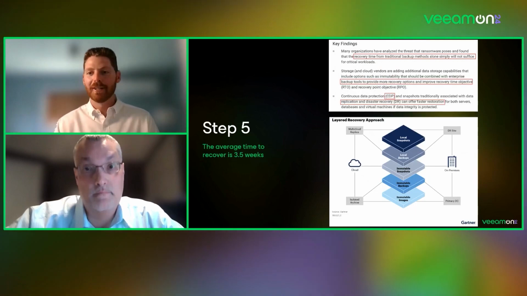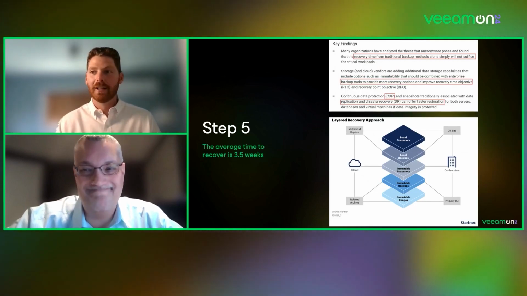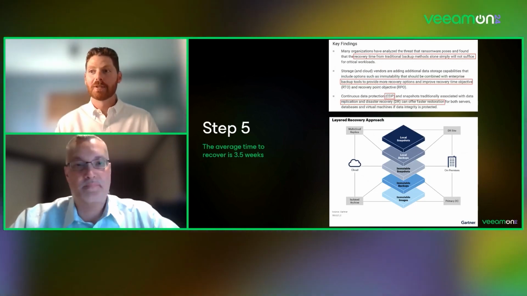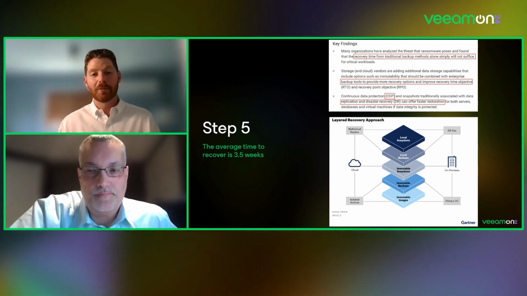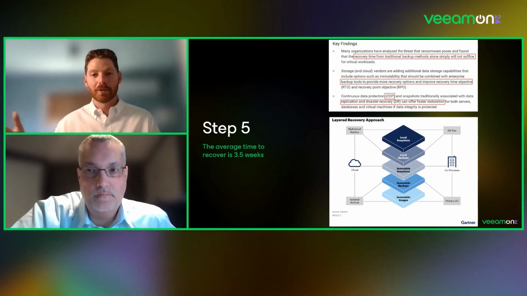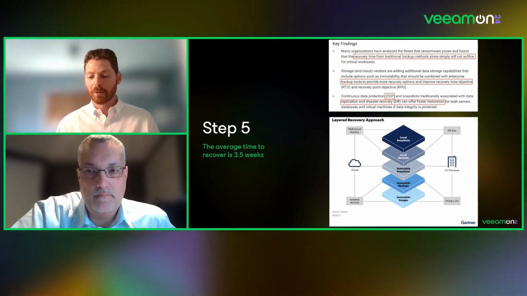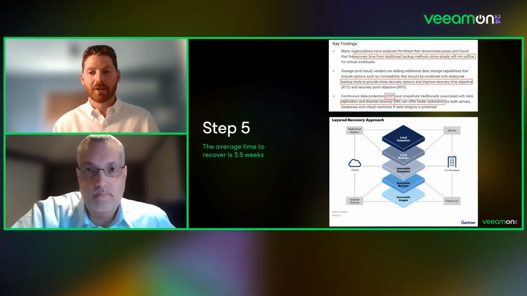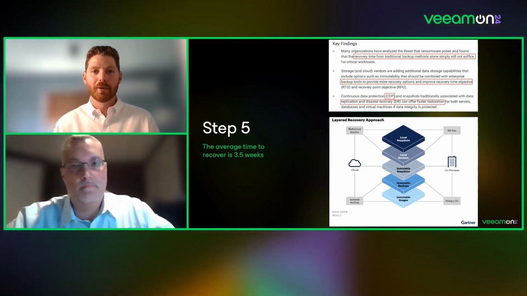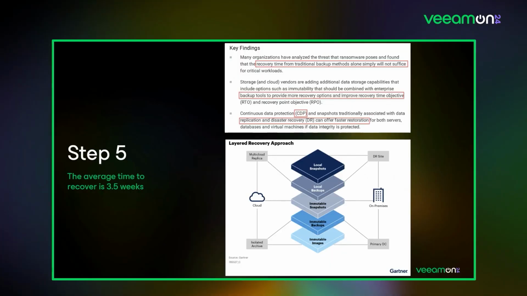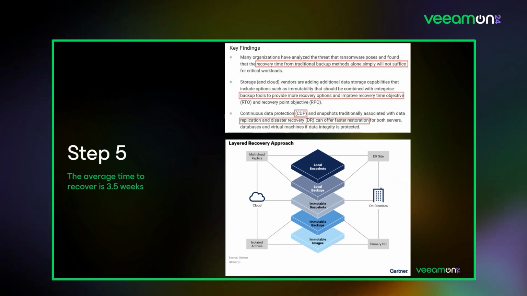The most important step, we're finally here, is actually recovering your data. Unfortunately, respondents to this survey said on average it took them 3.5 weeks to recover. And I would attribute a lot of that to this Gartner report, which essentially covers how to recover from ransomware effectively. Literally the number one key finding at the top of this report says recovering from traditional backup won't suffice during a cyber incident recovery. Essentially what they're referring to is that recovering from a disk-based repository and backups is not enough,